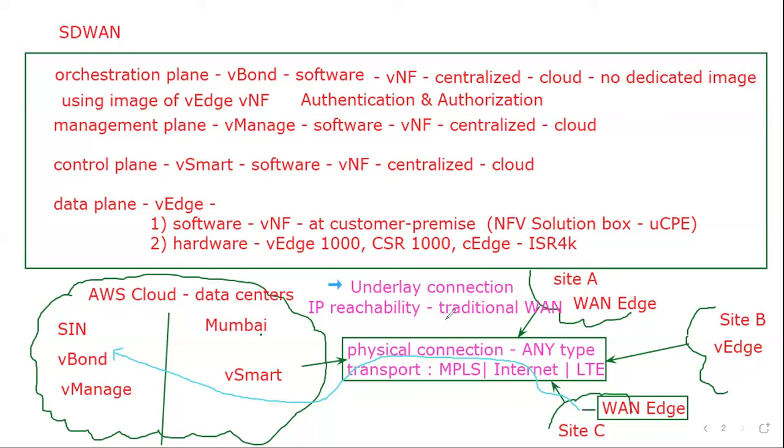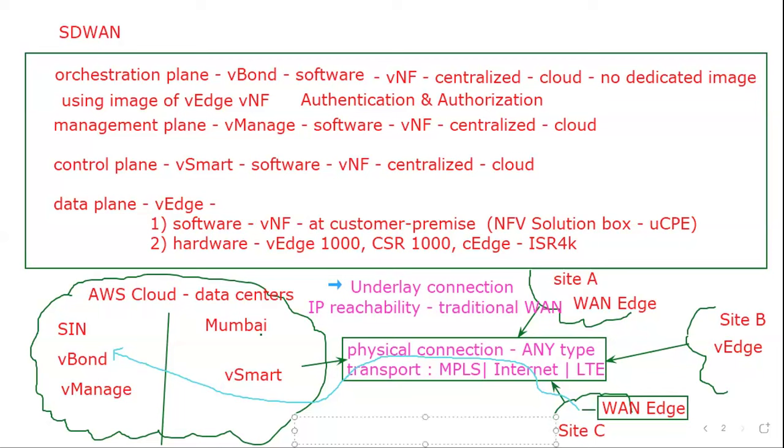By using this underlay connection, there will be a tunnel created, which will initiate from the WAN edge and terminate on the vBond. And we call this tunnel what? It's an overlay tunnel, and it will be using the connectivity of DTLS. Okay, DTLS overlay tunnel. So I'll write it down, this word over here for your reference.